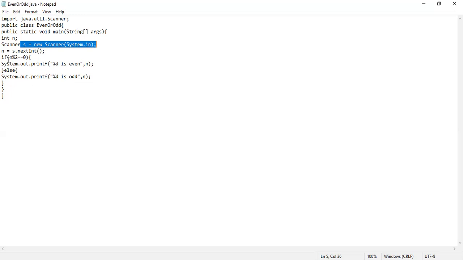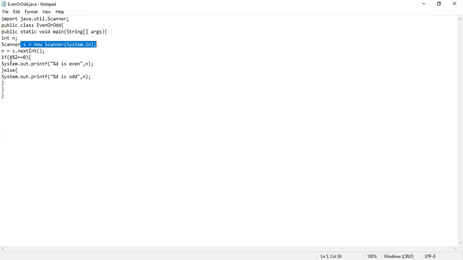Here, if we take an input as 6, then 6 modulo 2 gives the remainder 0. 0 double equal to 0 is true, so it prints 6 is even.